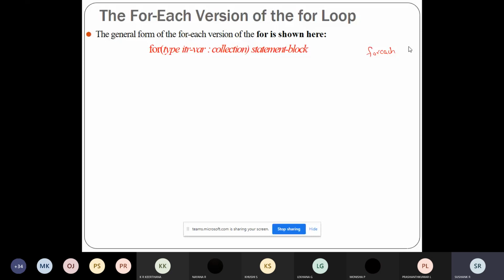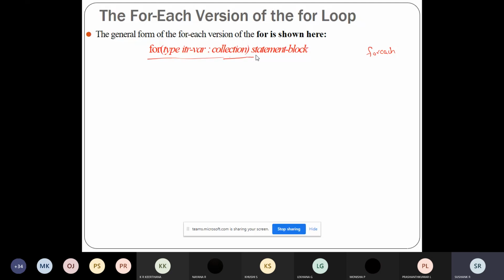If you're using the keyword foreach, it is known that you're using the for each style, that is in C sharp. But in Java, this is the syntax of the for each version of the loop.